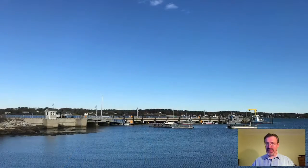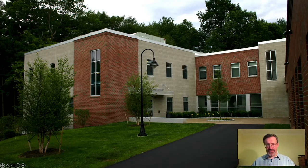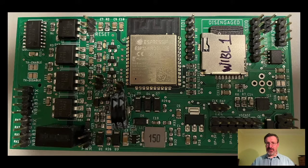My name is Brian Calder. I am a research professor at the Centre for Coastal and Ocean Mapping and at the NOAA UNH Joint Hydrographic Centre. I'm also the Associate Director of the Centre for Coastal and Ocean Mapping at the University of New Hampshire, our building here. My background is electrical engineering, and I still do a little bit of electrical engineering, for example,